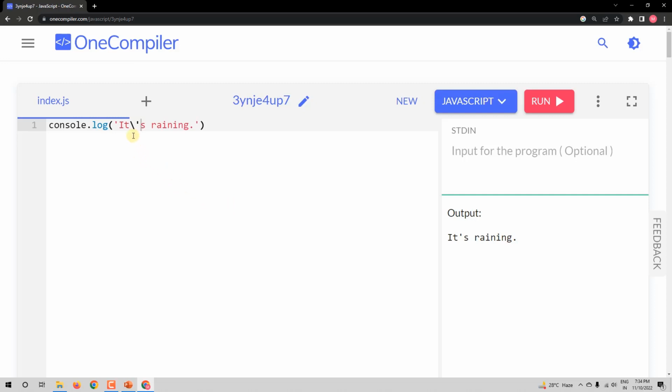Now, backward slashes give special meaning to the characters that come after them. Backward slashes can also remove the special meaning of the characters that come after them. So it has the power to give special meaning or to remove special meaning of the character that comes